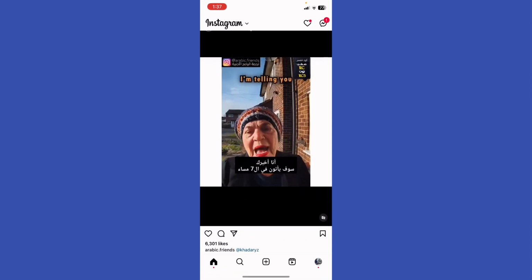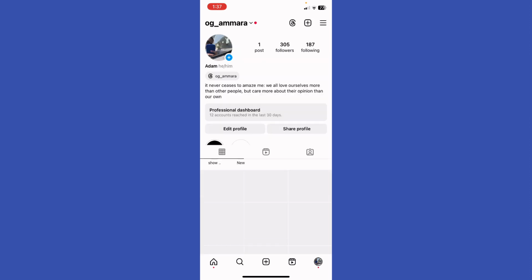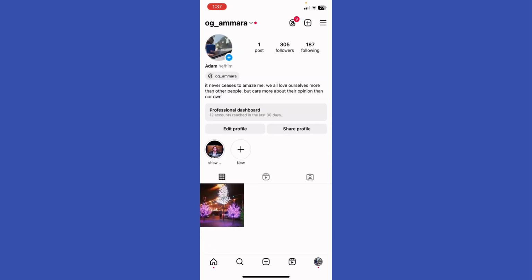Now, as you can see right here, I will open up the Instagram app. I'm going to click on my profile icon on the below right corner. And as you can see right here, the professional dashboard tells you that I turned my account to the professional mode. So in order to turn it off or to cancel it, click on the three bars